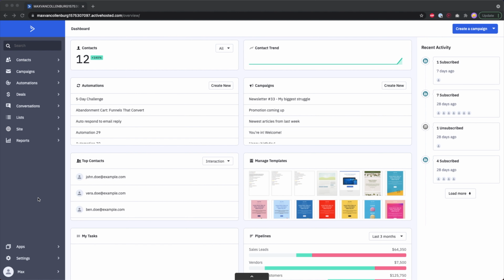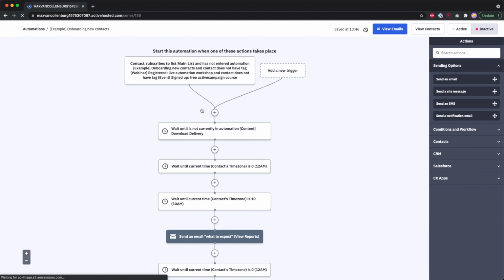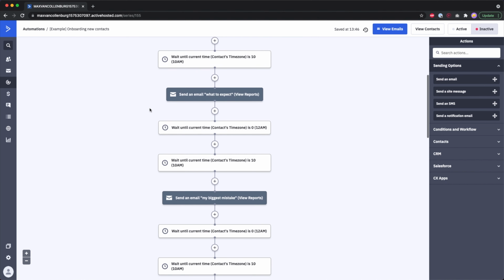Number 1, it is sometimes so slow. I really have a radar fast internet connection, as you can see over here, but still it's taking quite long for things to happen inside ActiveCampaign. So right now I'm in the dashboard, and imagine I want to go over to the automations. Okay, it's loading a bit. Okay, that took maybe a second, 2 seconds. Then I would want to go over to an automation. Okay, so now it's loading, it's loading, it's loading. Okay, now it's almost loaded, it loaded.